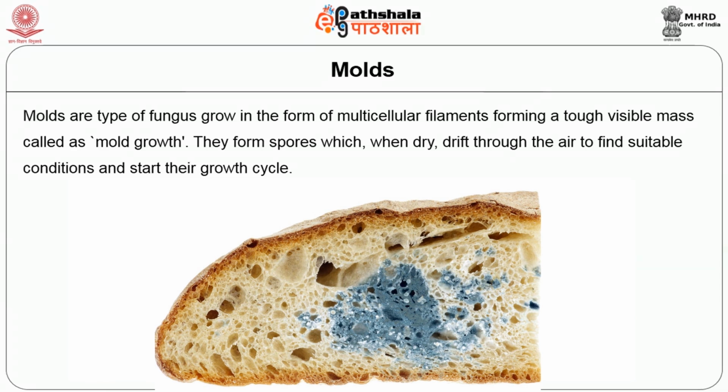Molds are aerobic organisms. They require oxygen to grow. Hence, they are usually confined to the surface of food, forming easily visible, sometimes colored colonies on foods. Molds can cause illness and also impart bad taste and smell to the food products. And the main symptoms from consumption of mold attacked food will be nausea and vomiting.